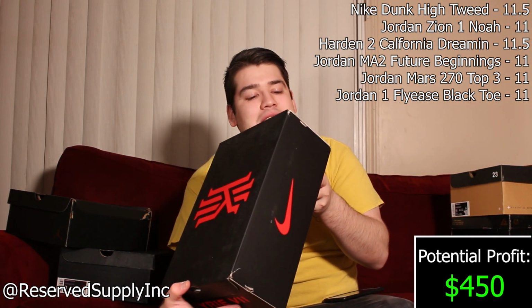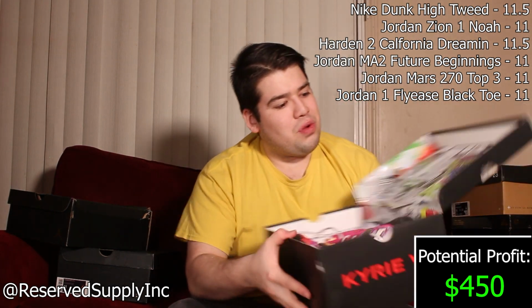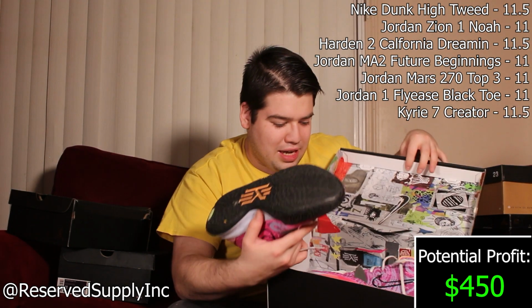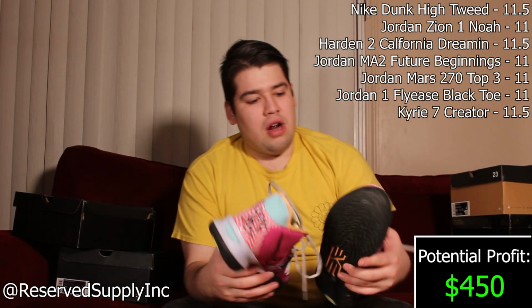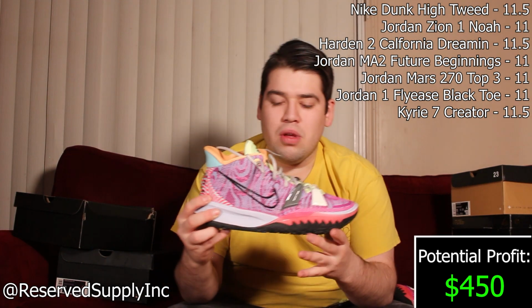This next one is a Kyrie 7 in a size 11 and a half. They are $140. It actually has a really cool box. If you look here, this is all a designed box, and the shoe is actually really cool as well. So let's look into that shoe a little bit. They both are the exact same on both sides, so I just wanted to check that because sometimes you get that little "what the..."